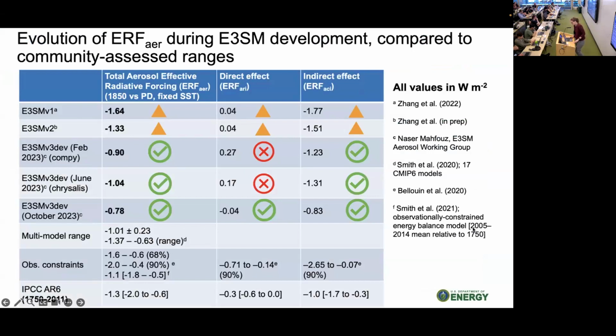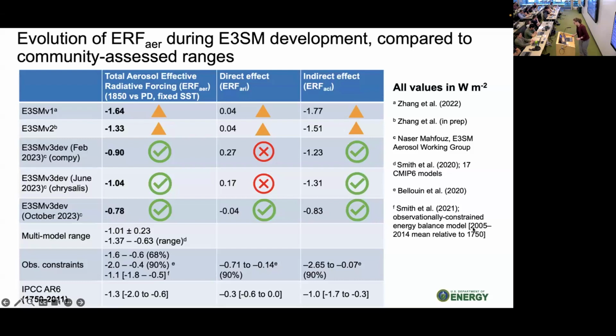So that's kind of the background, and this slide is giving an overview of how the ERF of aerosol evolved during the course of our development activities last year, as compared against community-assessed ranges of what the values should be according to multi-line assessments, including observations and models.